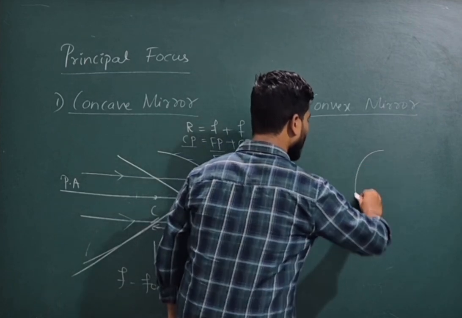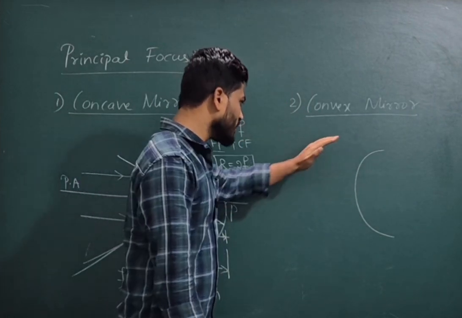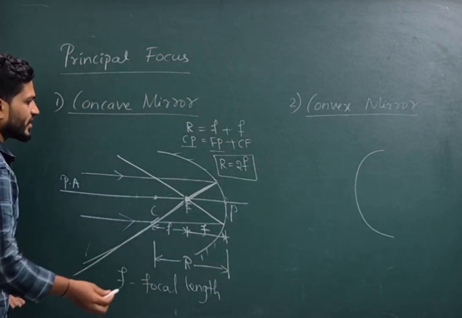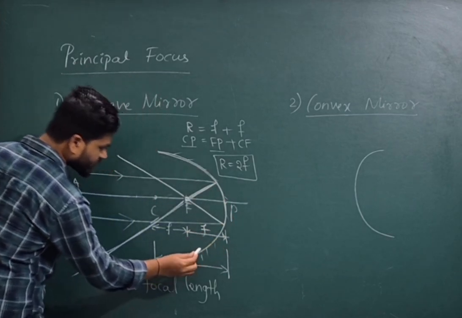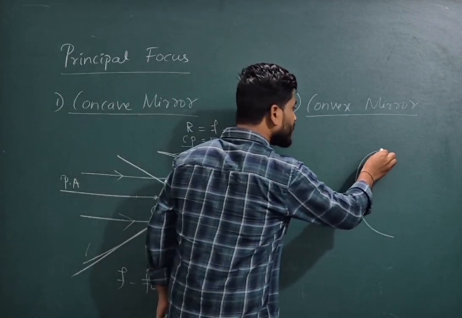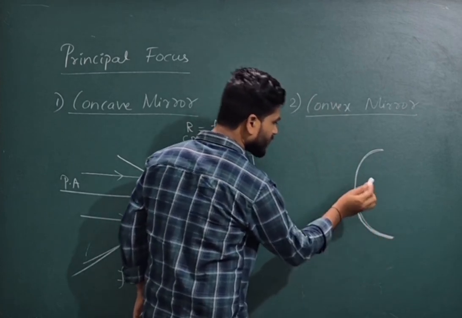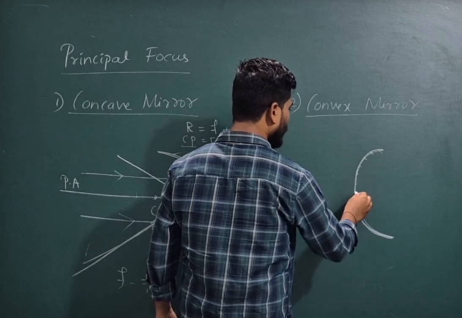Draw the curve outward. This is curved outward. This bulged out part is the reflecting surface in this convex mirror. Here the reflecting surface is here. This is a reflecting surface, and here this is reflecting surface. This thing is okay. Here inside we are doing coating,